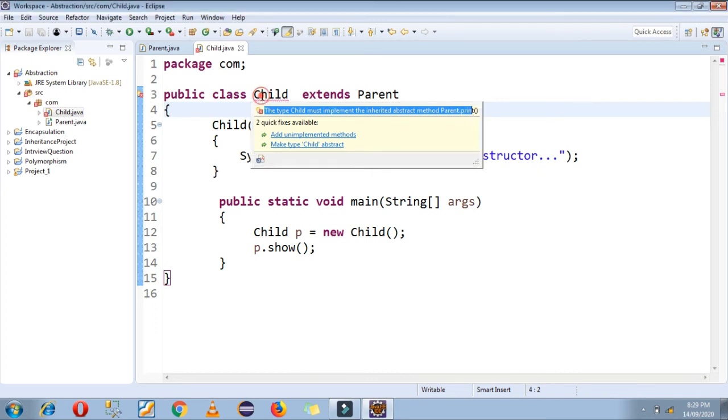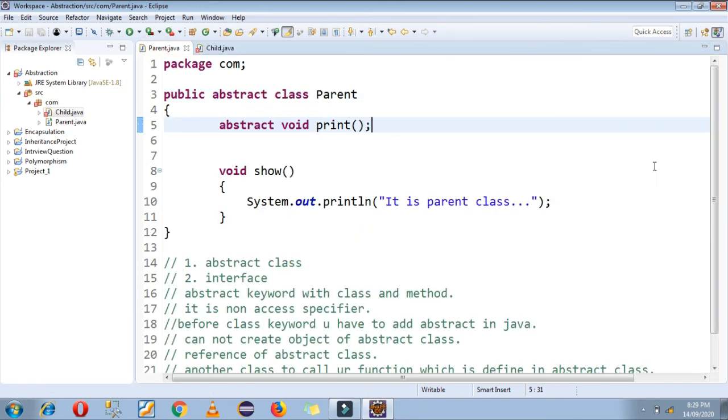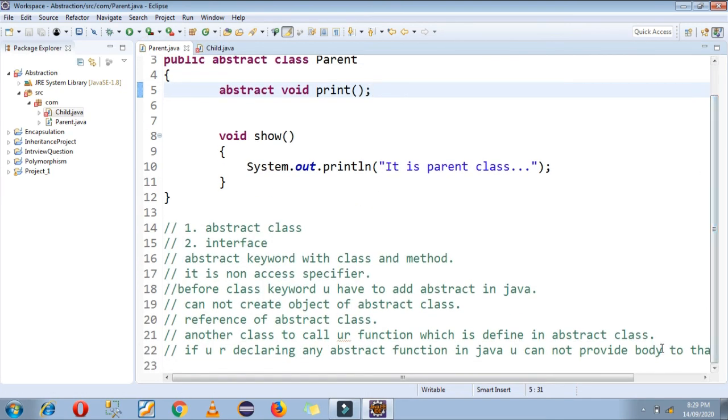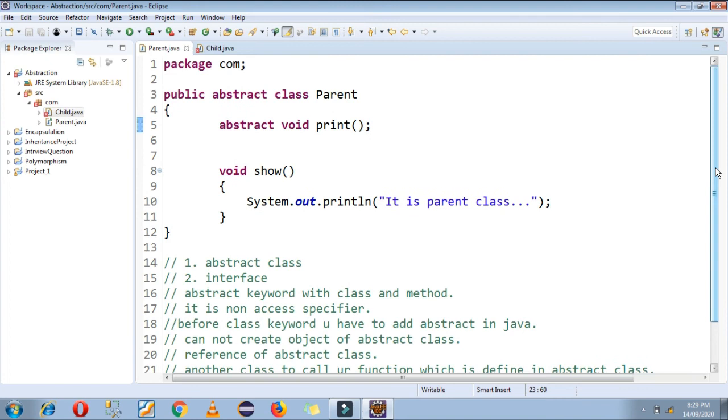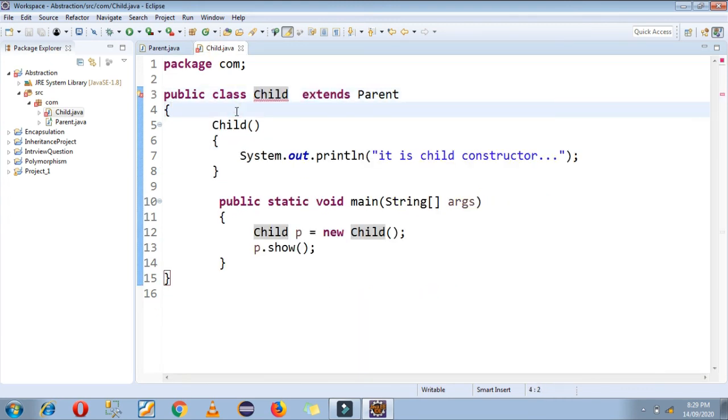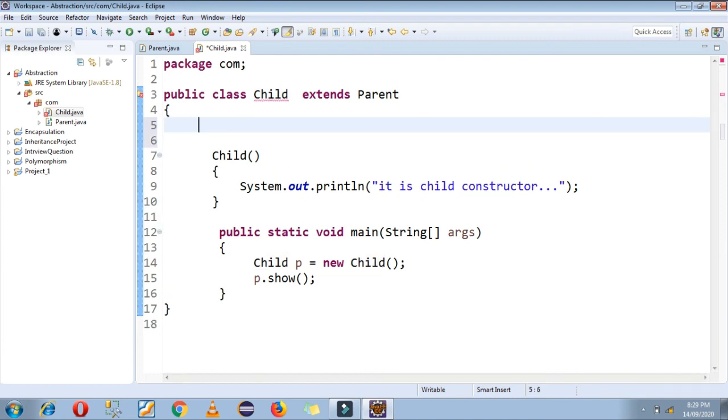That means the third rule of abstract class: if you are declaring any method in Java as abstract, you have to implement that abstract method in a child class. That means you have to provide the body of that abstract function in a child class, compulsory. You cannot skip this step.